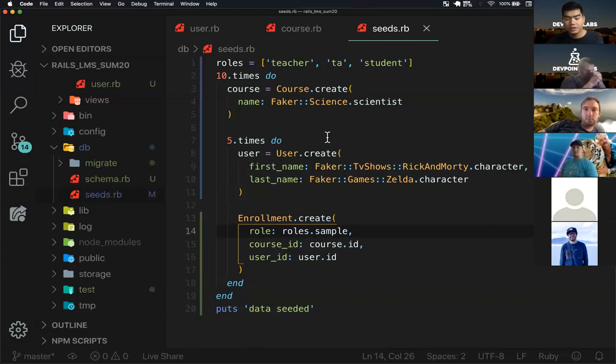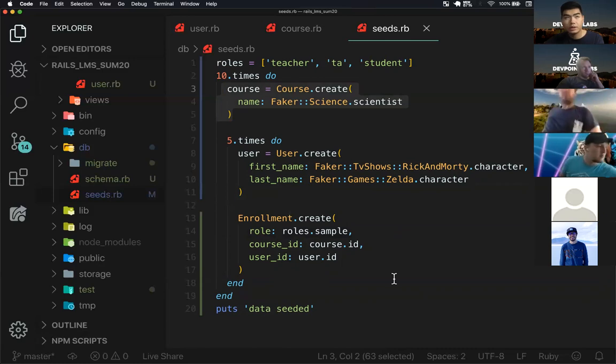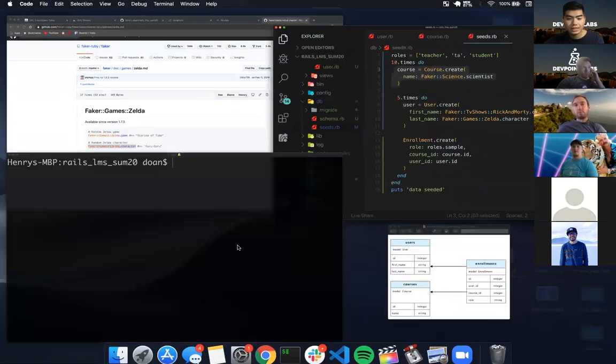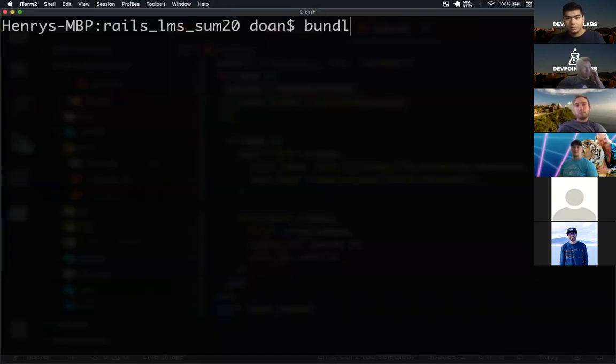You go into your seeds file, you need to do some sort of a loop, and then you're able to create users, enrollments, courses, or whatever record it is that you want inside of this file. But for this to actually work, you need to have this applied into your database. So what you would do is a bundle exec rake db